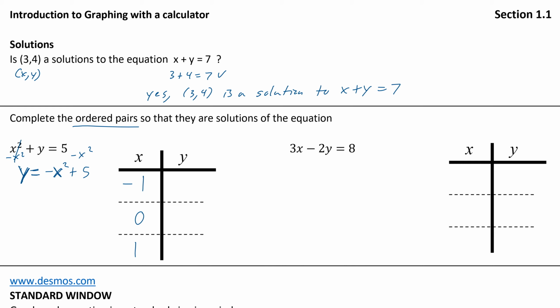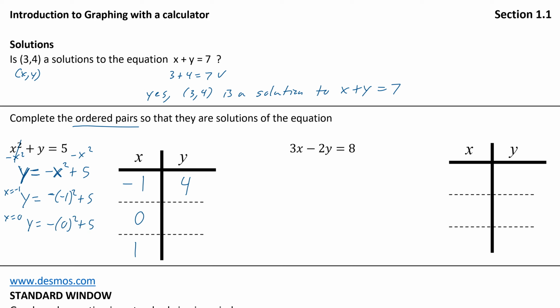If we plug them in, we would get y equals, this is for x equals -1, negative (-1) squared, that's negative 1, plus 5 is 4. It's one solution. And then if we plug in x equals 0,